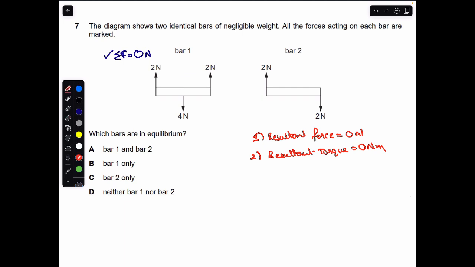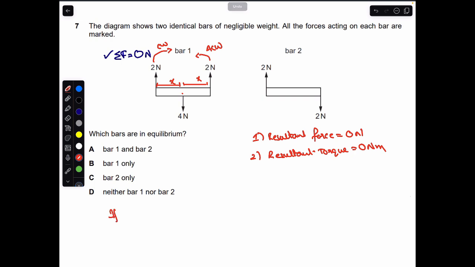Now over here you can see that 4 newtons is acting at the center. From here, let's say this is a distance x from the center, and this is the same distance x from the center as well. This 2 newton force is going to produce an anti-clockwise torque. This is going to produce a clockwise torque, and always remember one thing, that if a force